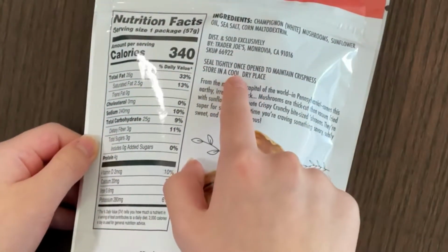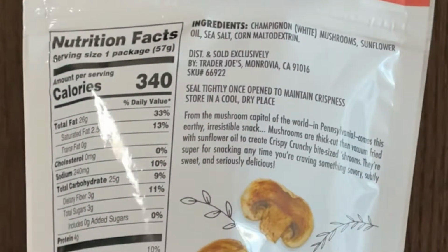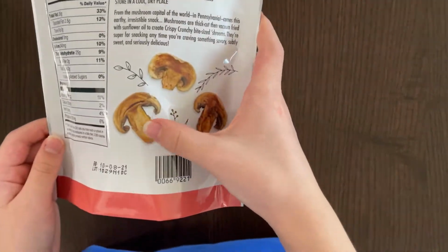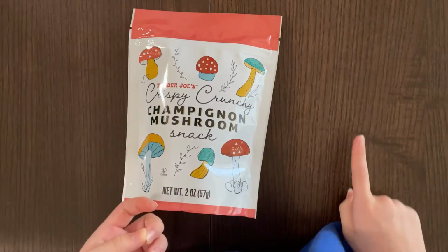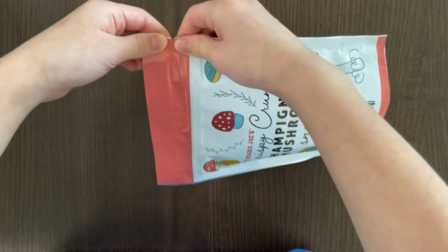Nutrition facts and ingredients. It doesn't say there's anything that might be allergic to some people. And that's a picture of it. And also, this champignon mushroom is also a topping of a pizza that I reviewed. It's linked above or suggested above if it says that. And there's a notch here so I can...